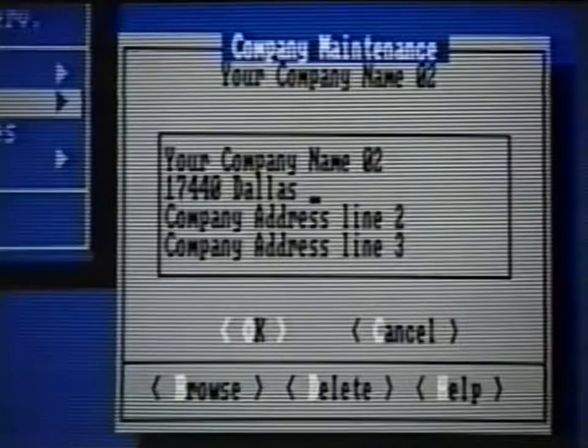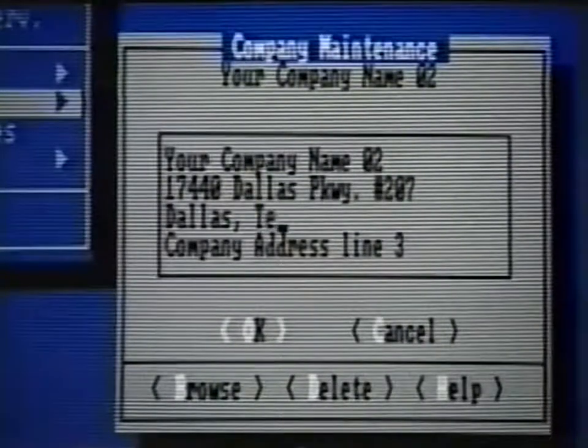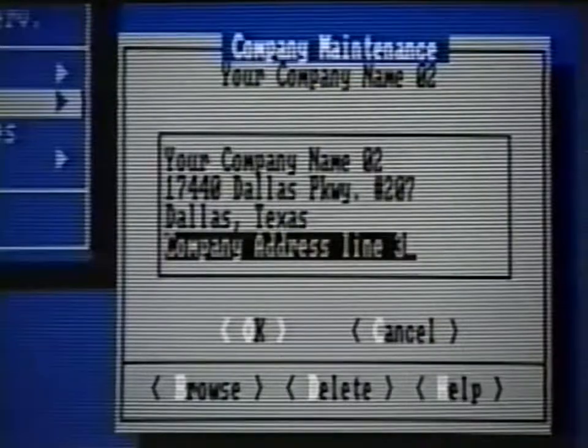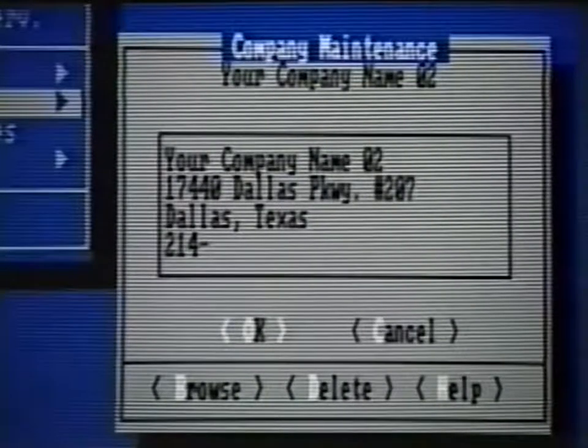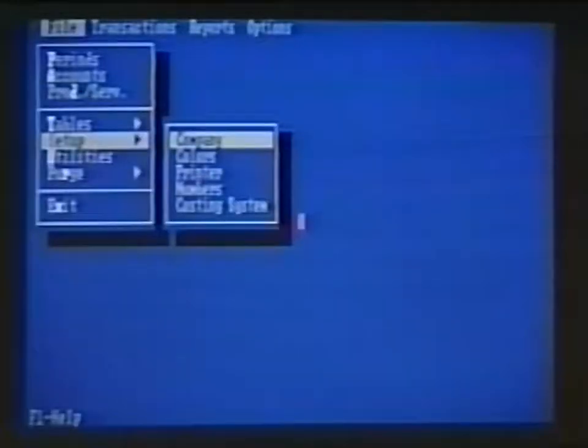At the company maintenance screen, enter your company name, your company address, and if you wish, the company phone number. When you're through, press the tab key to move to the command bar at the bottom of the screen. With the OK command highlighted, press the enter key to accept the company identification information. That's all it takes to begin using Pacioli 2000.